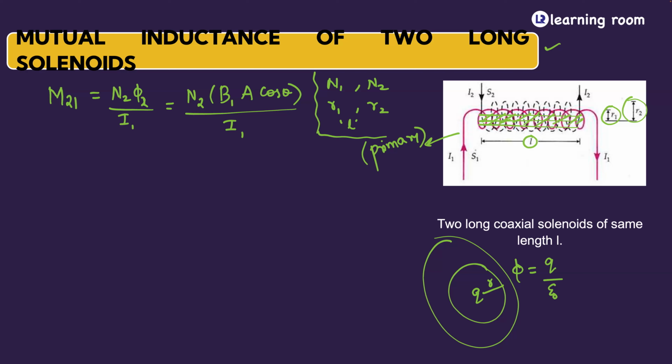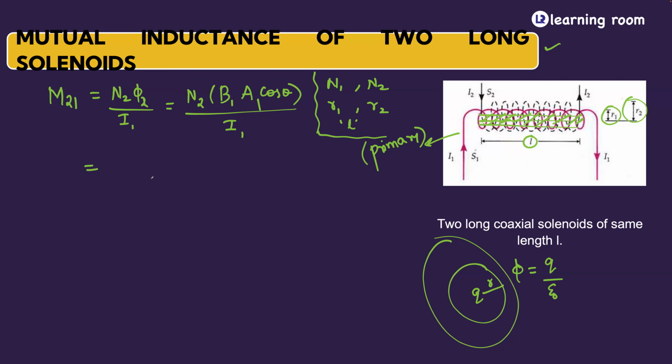That is why, though we write it as phi 2, the flux is decided only by the magnetic field produced by the first coil and the area of the first coil. So don't make the mistake of writing it as A2. This is a very, very common mistake. I hope you got the logic of it. Why is it so? Because the total flux is locked within the pink color loop. That is the pink solenoid here. Clear with this? So apart from that, everything else is same.